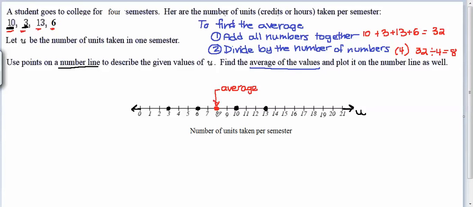Note for the hand drawing that I've done, it's important to denote this was the average because the label told me it was the number of units taken per semester. So someone reading this graph might have thought that there was a given semester when the student only took 8 units. In fact, that's not true. We need to label that as the average to indicate this 8 is telling us the average